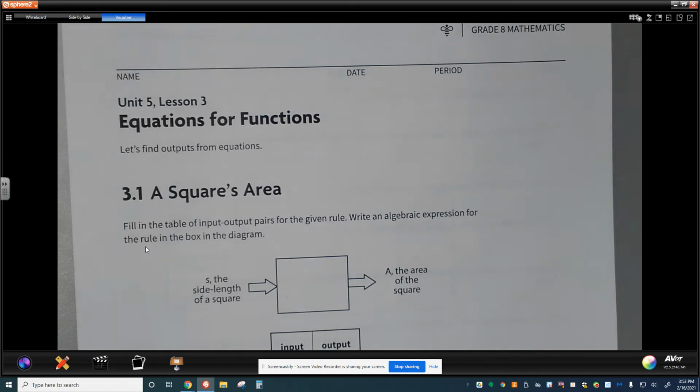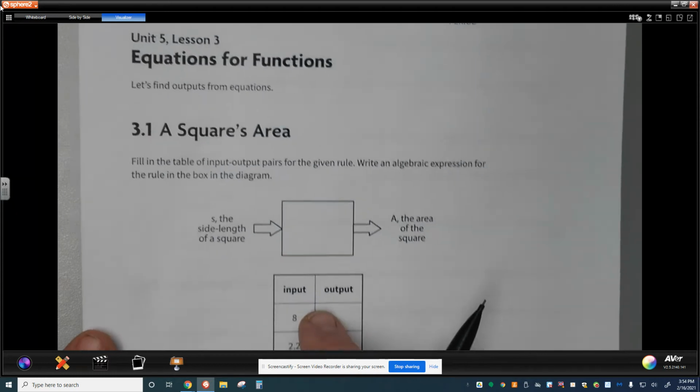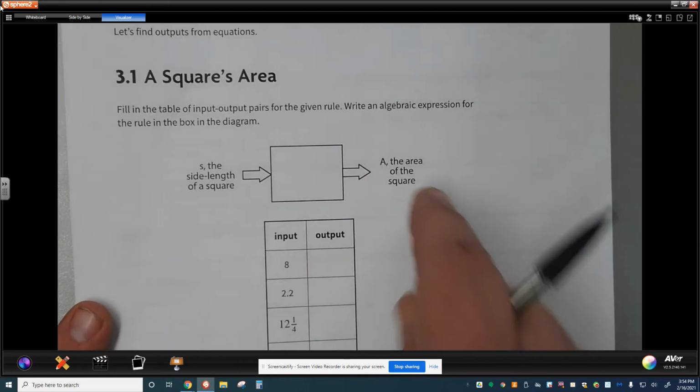Welcome to Unit 5, Lesson 3. Let's talk about the equations for functions. We're going to find outputs from different equations. Today we really want to focus on understanding more about this side and this side of the function rule that